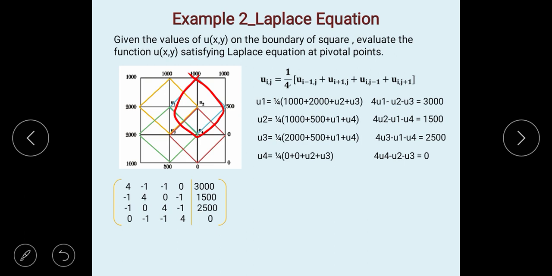In the Gauss-Jordan method, all these diagonal elements you have to make 1, and other than the diagonal elements all the elements should be 0. That is called the Gauss-Jordan method. It means there is no need for back substitution like we do in the Gauss elimination method. Then you will get all these terms U1, U2, U3, U4. Either you can use Gauss elimination, Gauss-Seidel or Gauss-Jacobi. Whatever method you want, you can use it for finding all these values at the intermediate nodes.